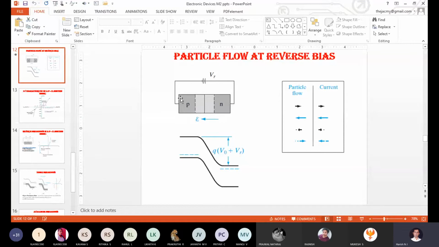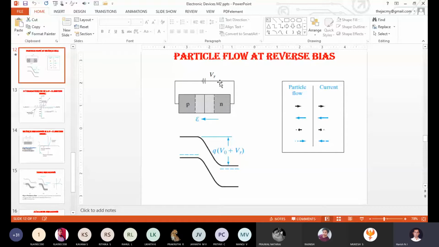Why? Because of the majority charge carrier. Just check this diagram once again. All the positively charged carriers start moving towards the negative terminal of the power supply, not towards the N type semiconductor, so no charge carriers are crossing the barrier in this condition. All the negatively charged carriers move towards the positive terminal. There is no ion movement across the depletion region at all. Hence the diffusion current in the reverse bias condition is equal to zero, meaning it is negligible. It will be there, but it will be negligible.